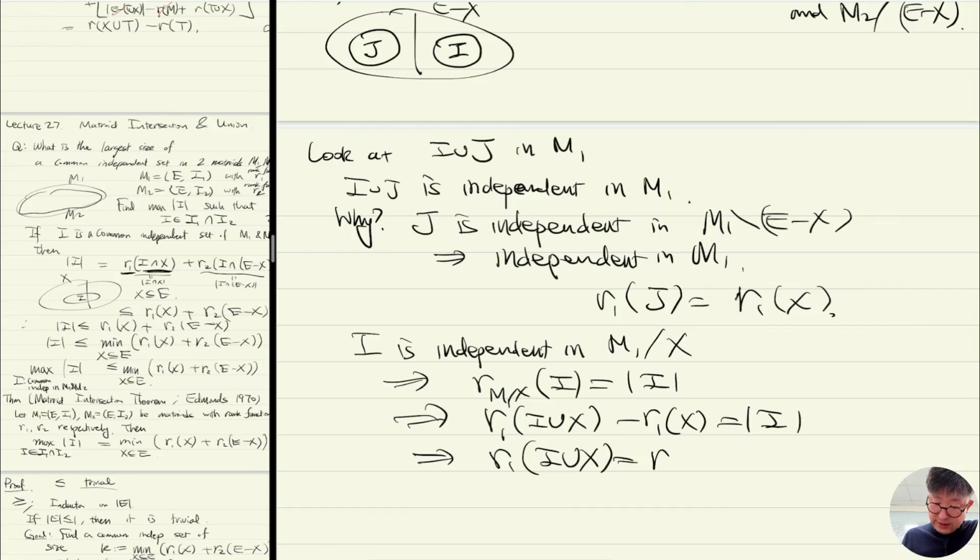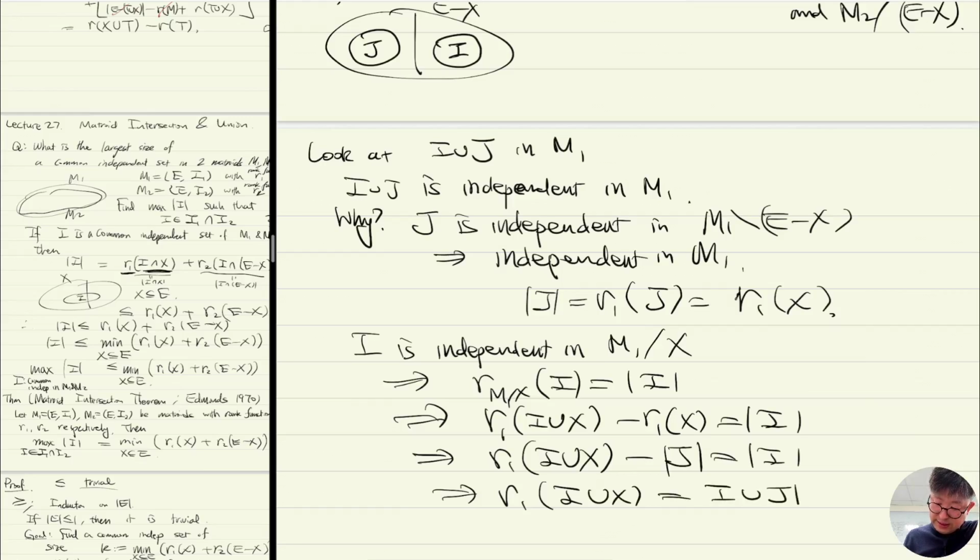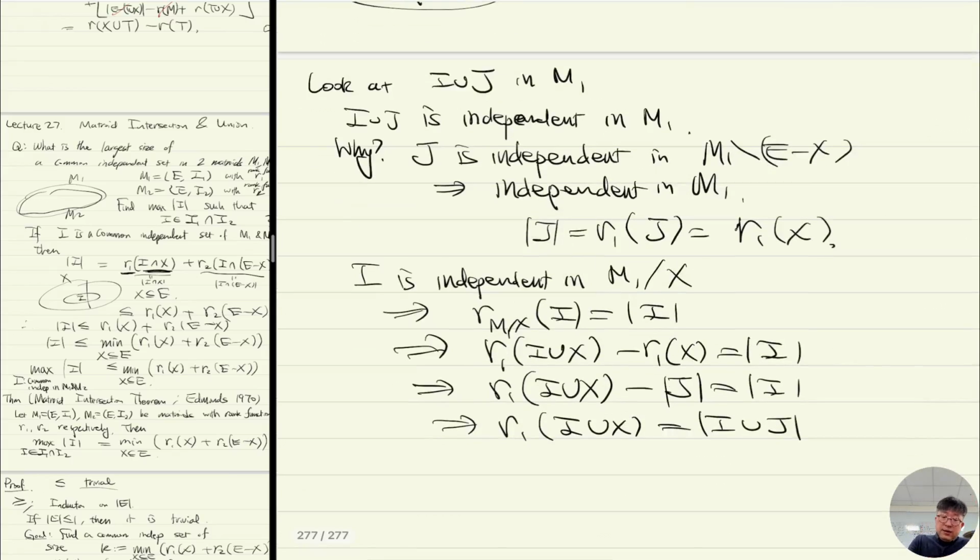That's equal to the size of J. So rank 1 of I union X is equal to the size of I union J. And I know that this is less than,